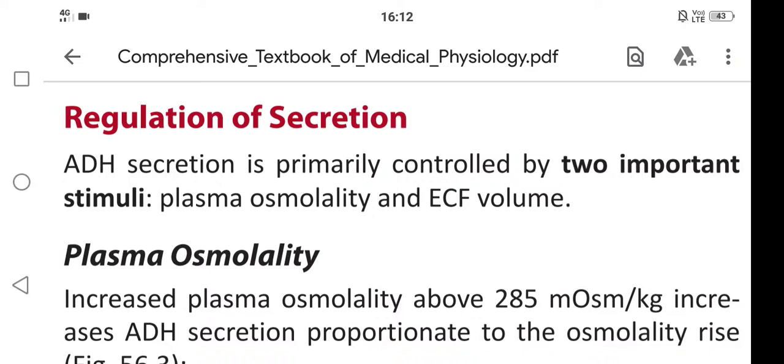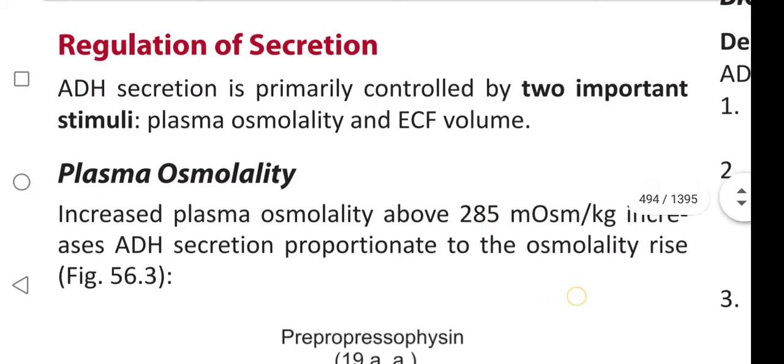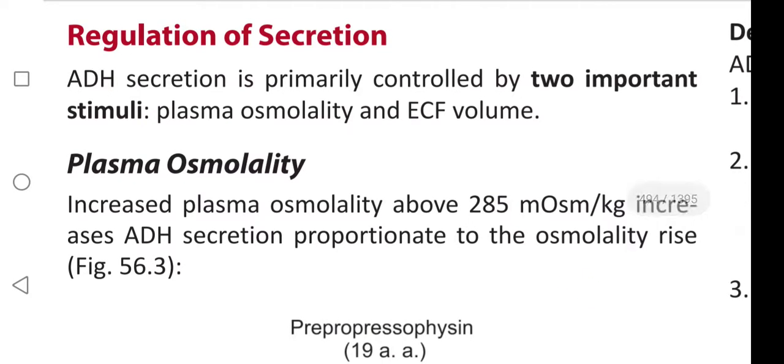Antidiuretic hormone secretion is primarily controlled by two important stimuli, plasma osmolality and extracellular fluid volume. First, plasma osmolality. Increased plasma osmolality above